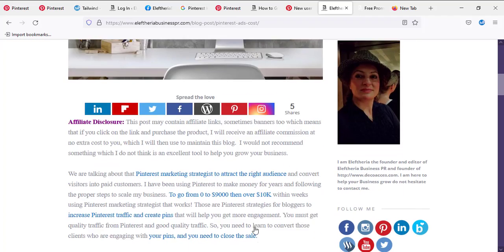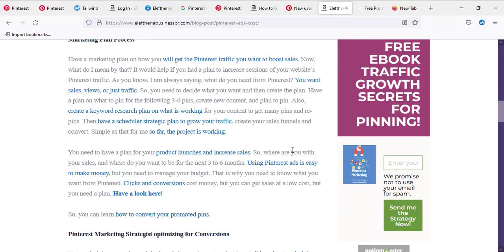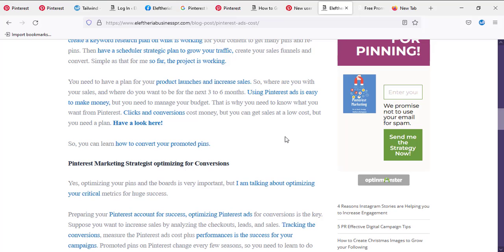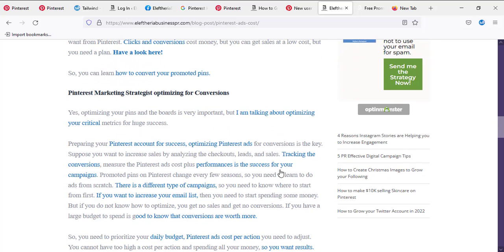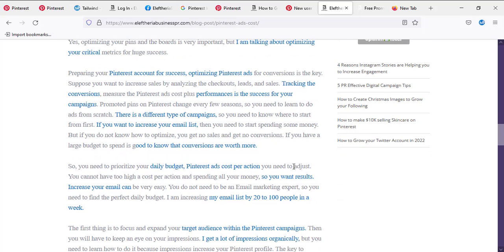And don't forget your budget, the cost. I have a couple of results from sales, and I'll put them in the post for you to see. And also we have a small paragraph about how to increase conversions on Pinterest. You can go and read it through because it's very, very useful.